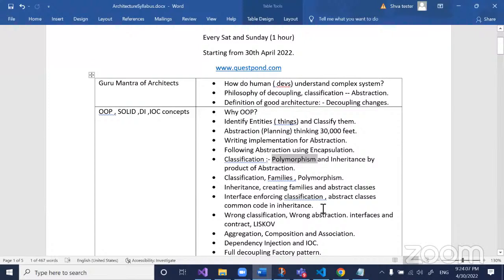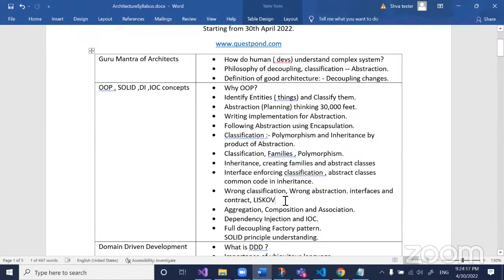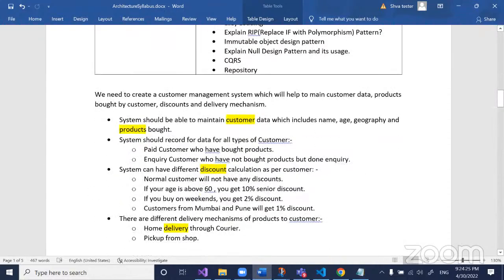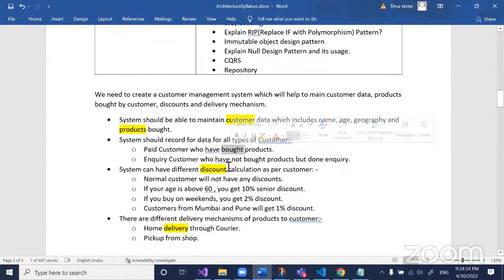Now, the other thing which is important here is about wrong classification. You can get into something called wrong classification, which is called the Liskov problem. If the abstraction goes wrong, what will happen? Think about it. For example, look at this requirement. There are two types of customer. One is a paid customer who has bought products, and another is an inquiry customer who has not bought